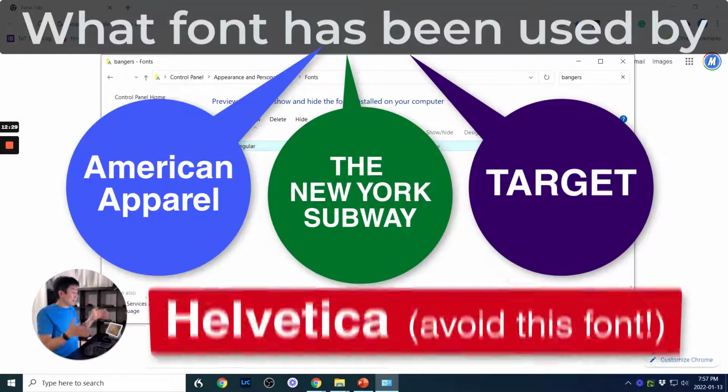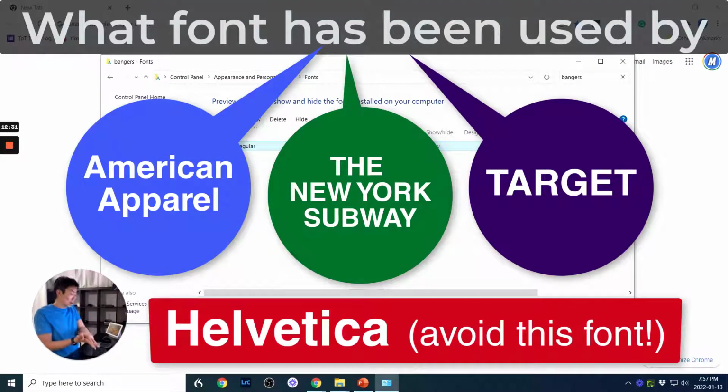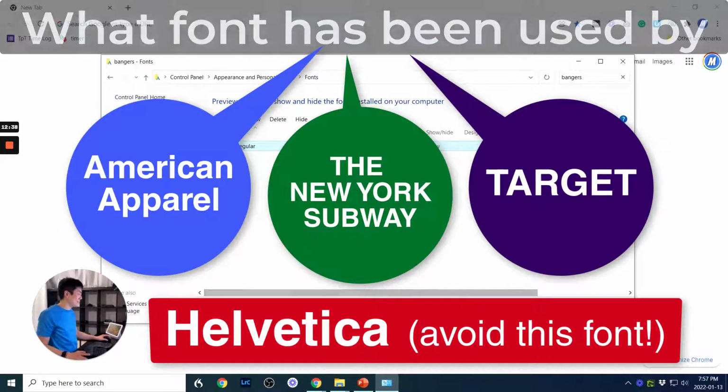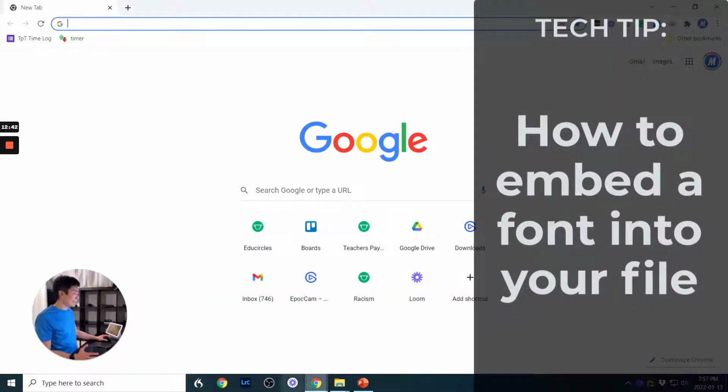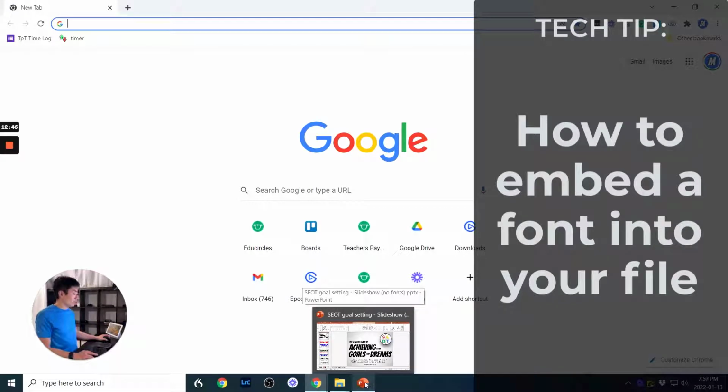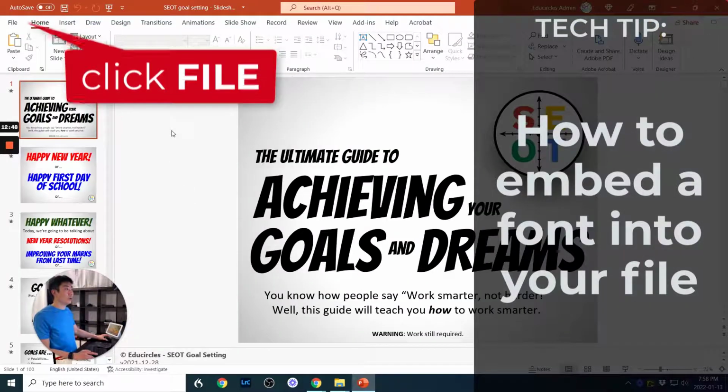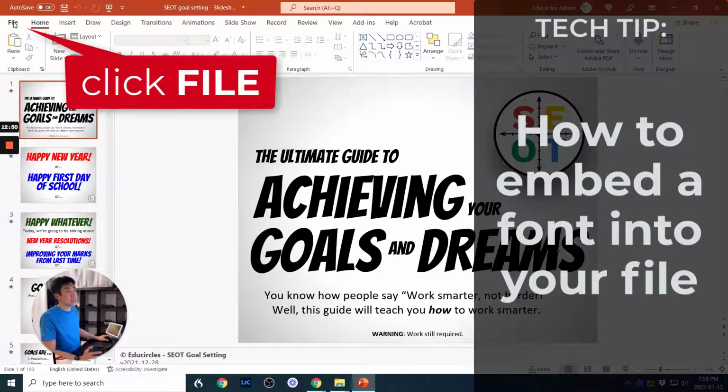So now when I embed fonts into my PowerPoint or Word documents for teachers, I make sure that the font I have is installable. You can install it on their computer. All right, so I have the right kind of font that I can install. I know that I'm allowed to distribute this font because it's an open font license. I'm going to go here, and this is where the magic happens. This is what I do.